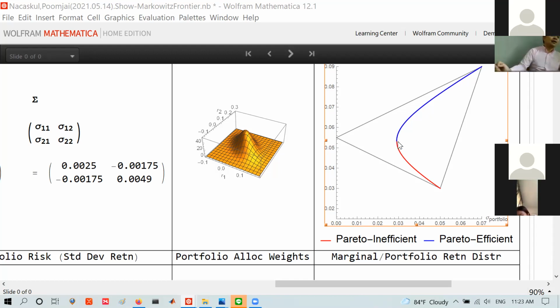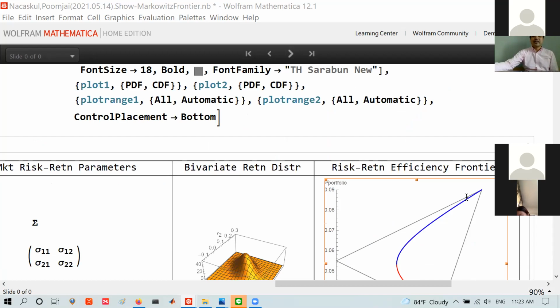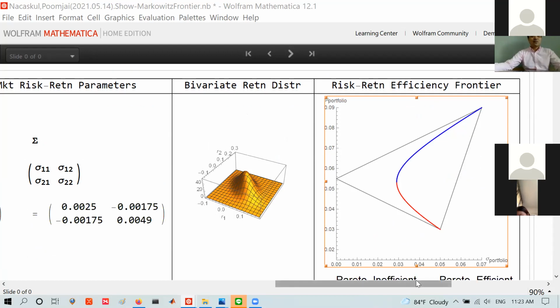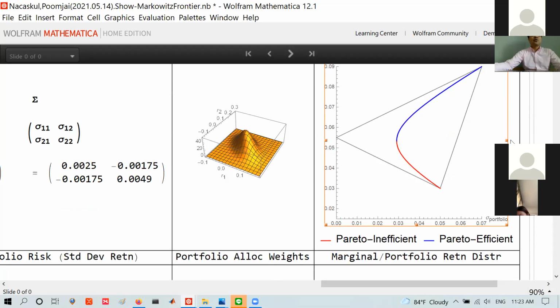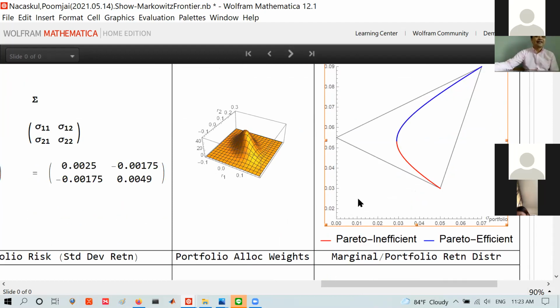Now in this problem, the minimum risk is not good enough. They also want to maximize return. So it becomes a sort of compromise between this point, which is minimum risk, and this point, which is maximum return. And they want to go to here. This, by the way, is what supposedly, when you put your money with an asset management firm, they put your investment along this line. In theory. In practice,